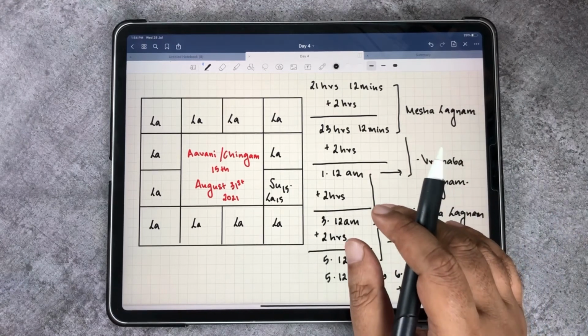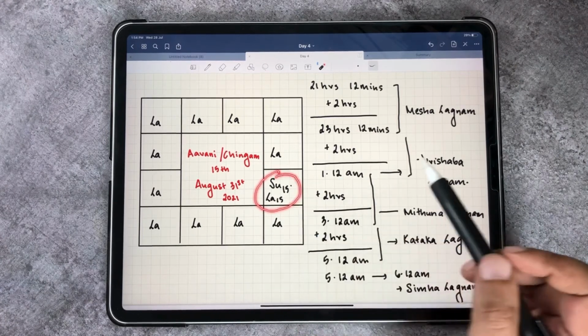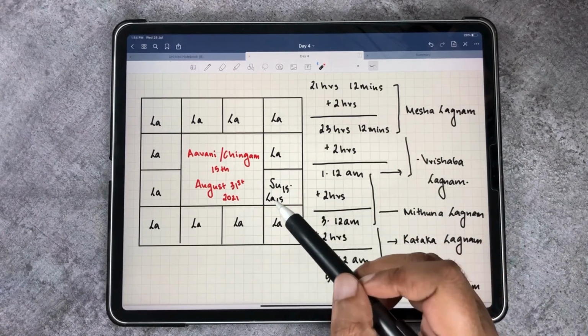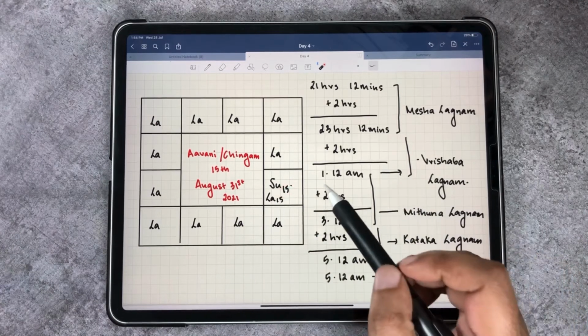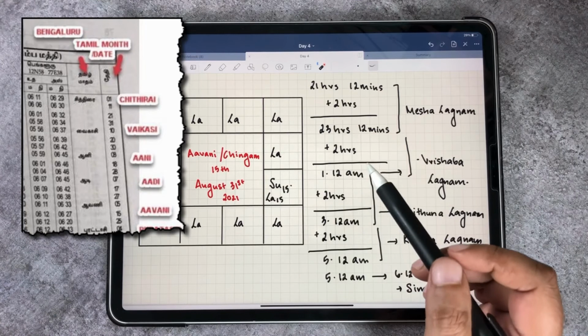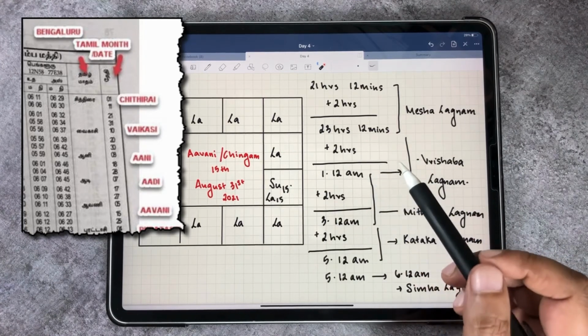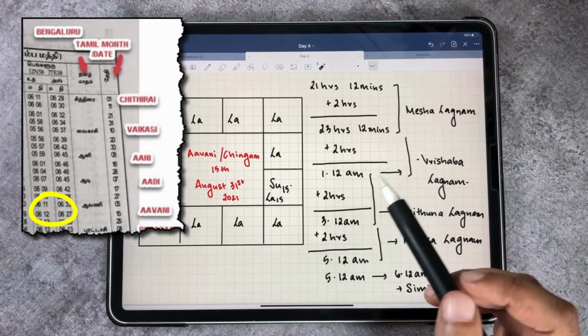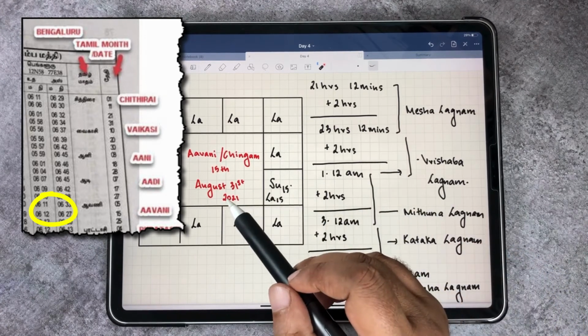During the month of Avani, where will the sun be? It will be in Simha Rashi. So in which degree would the sun be in? It would be in 15 degrees. So using the Panchanga, we found the Surya Udayam first. For Bengaluru, the Surya Udayam is 6:12. Why Bengaluru? Because we are considering a child who is born on this date in Bengaluru.